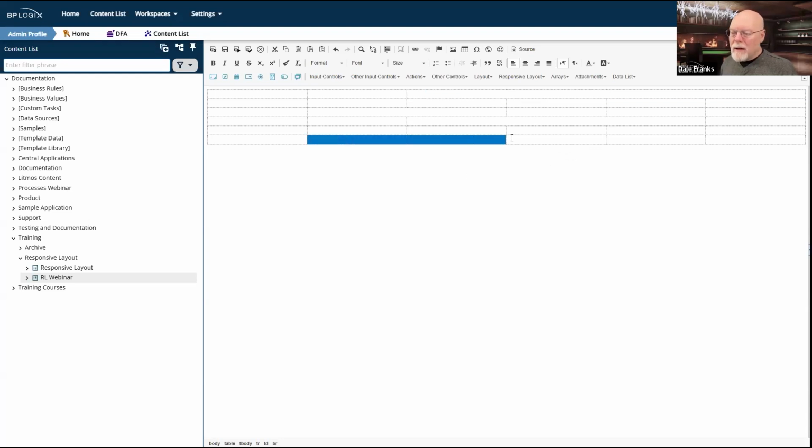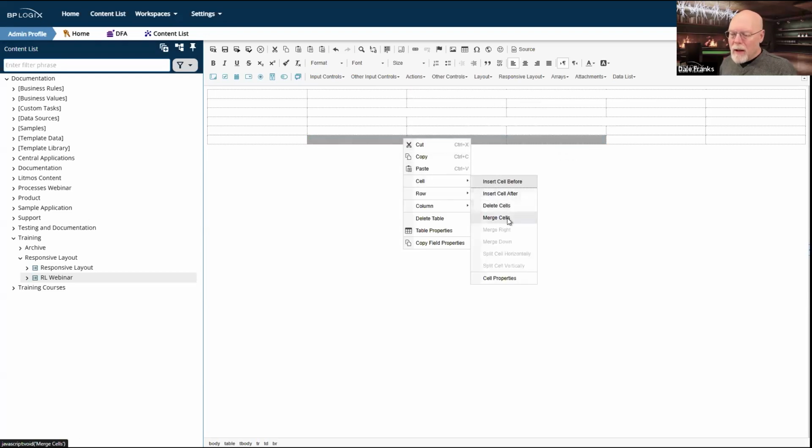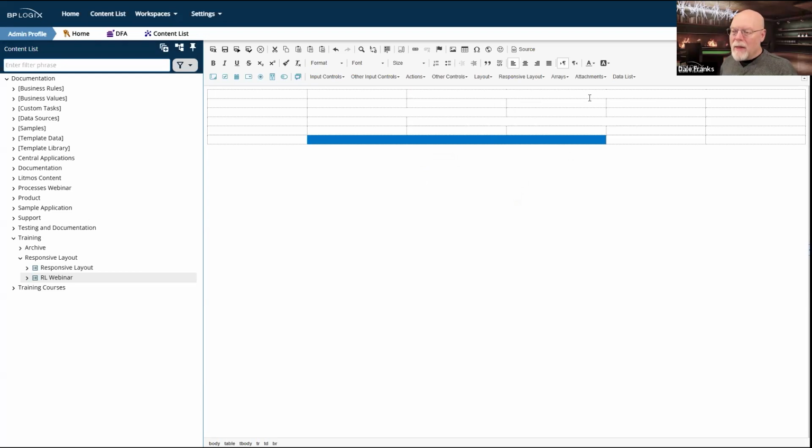And we'll go to this row and merge these 3 cells. And now that they're merged, I'm going to give them a little bit of a background color. So I'm just going to randomly color these things.